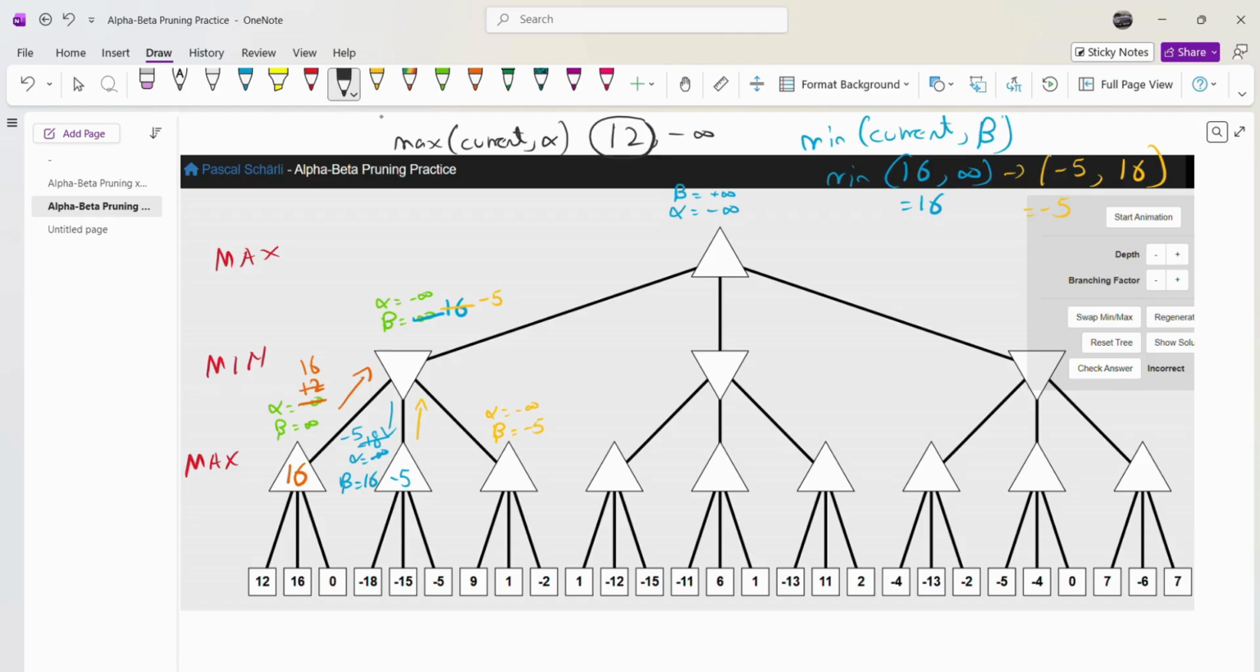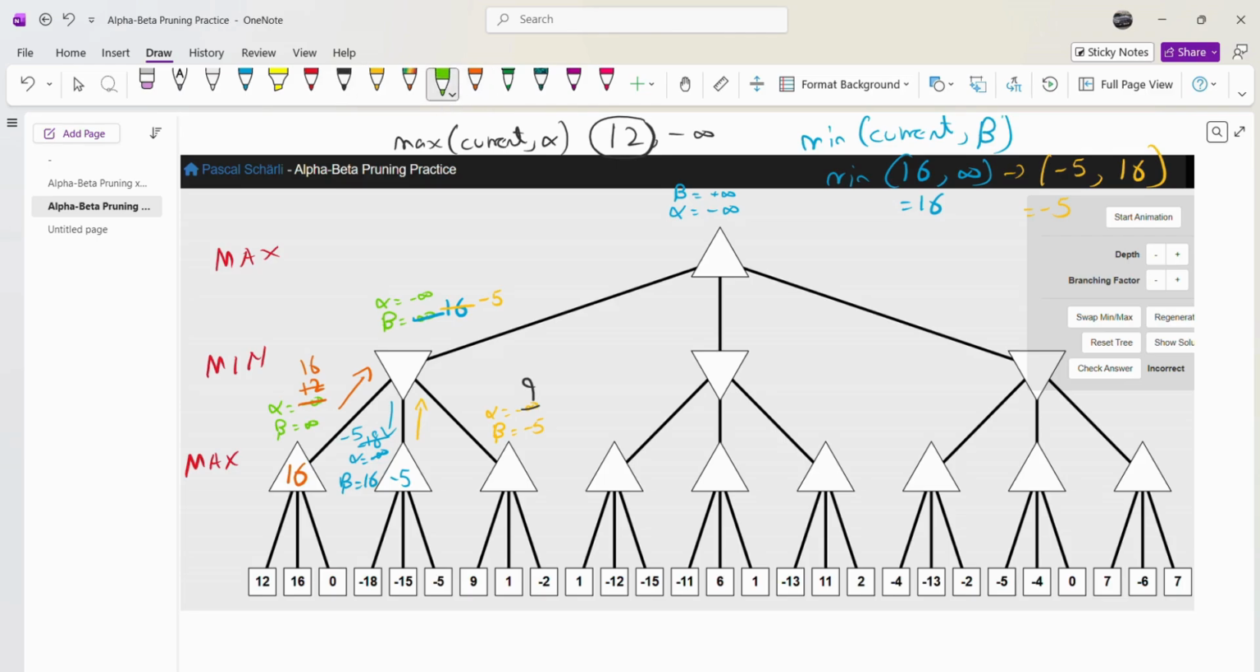Now the alpha would be changed because it's a max node. So it's between 9, 1 and minus 2. First let's check for 9. Is 9 greater than negative infinity? It's obviously 9. So we have 9 over here. Now we will check the pruning condition. We have to check that at every node, but over here we are fulfilling that condition, so we'll see how